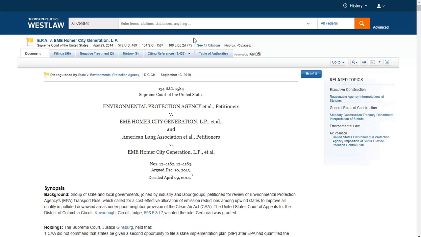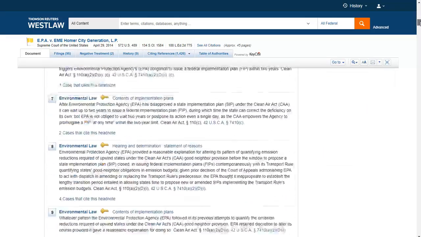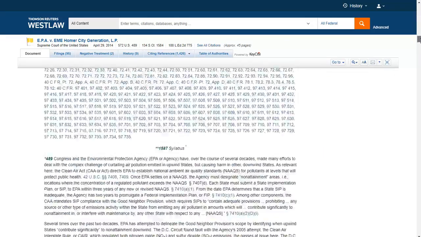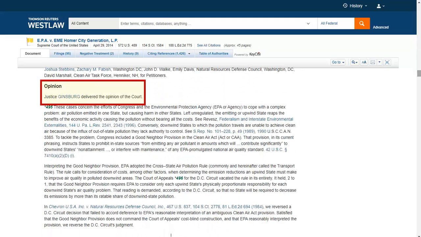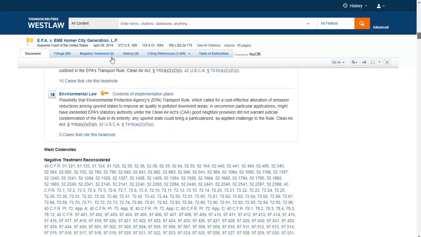Now we have the details of the court case itself. There's a lot of information here. If we scroll down far enough, we will eventually get to the opinion for you to read in full. But some of the information back at the top may be useful to you also.